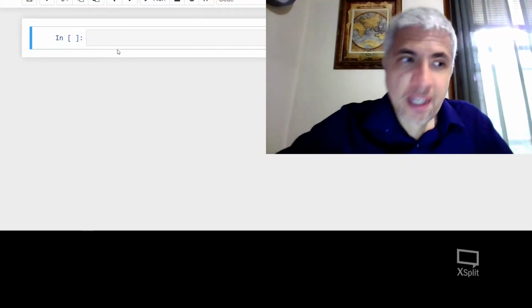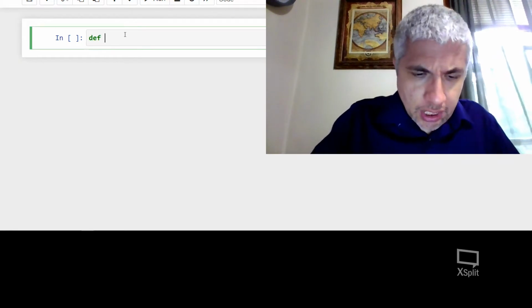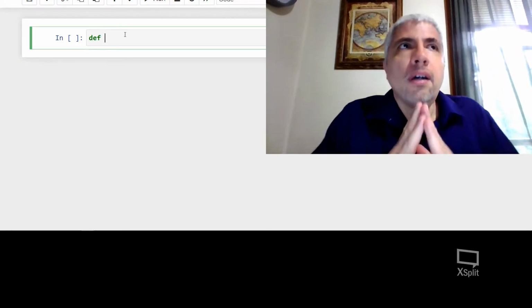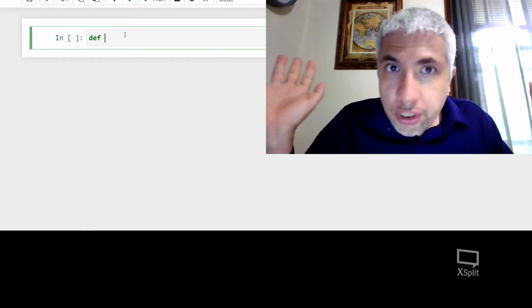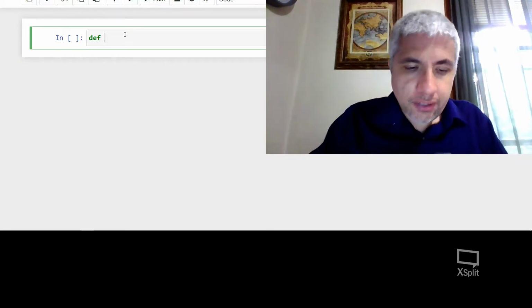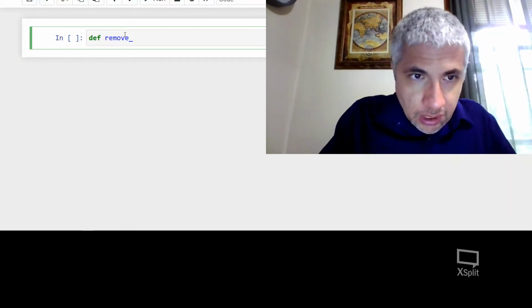Hello, students. Let's look at some more examples. Let's say we want to define a function that removes something from a list. Let's say it removes all occurrences of it from a list. So I'll give it a name. I'll say remove I